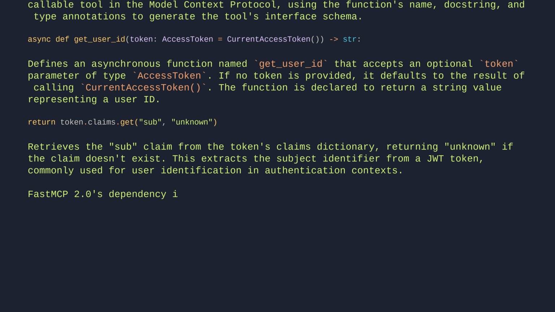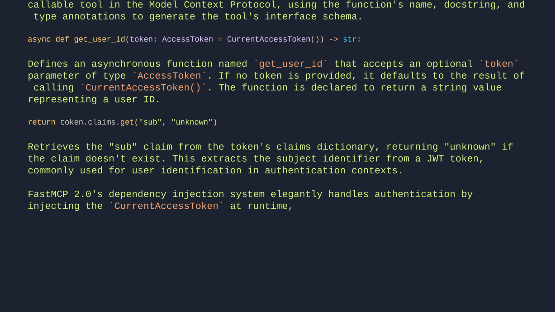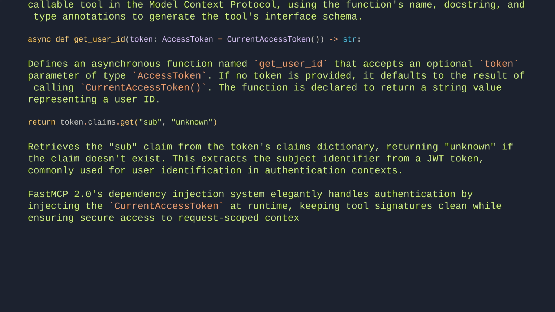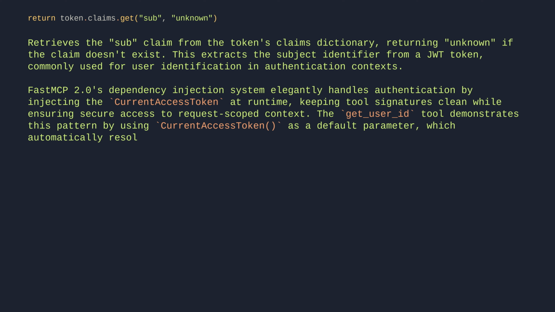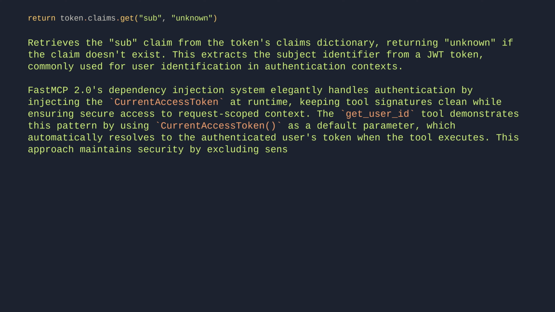FastMCP 2's dependency injection system elegantly handles authentication by injecting the current access token at runtime, keeping tool signatures clean while ensuring secure access to request-scoped context. The getUserId tool demonstrates this pattern by using CurrentAccessToken as a default parameter, which automatically resolves to the authenticated user's token when the tool executes. This approach maintains security by excluding sensitive parameters from the MCP schema while providing explicit visibility of dependencies in the